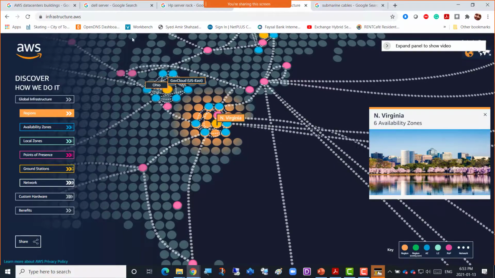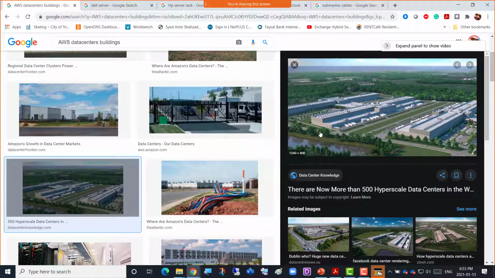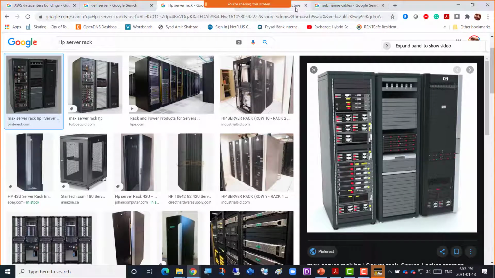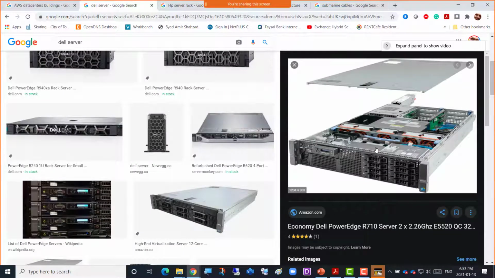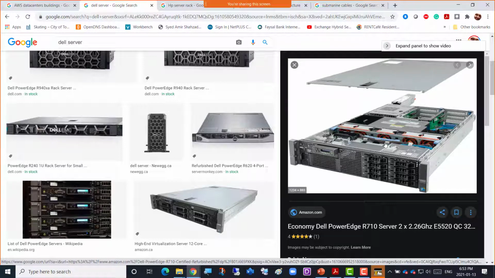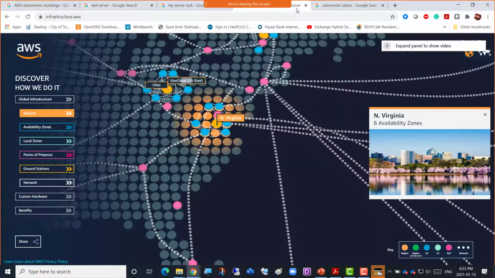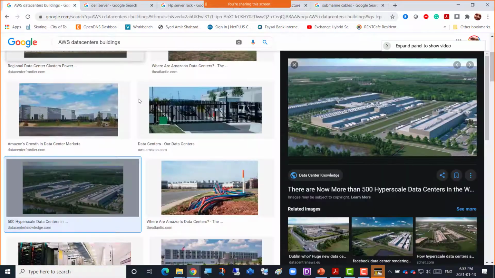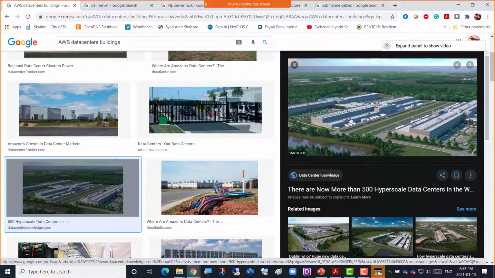Each data center holds 100,000 up to 300,000 servers. So each data center is also big, huge, right? That's why you can see the buildings. One data center looks like this, and there are maybe 86 or 100 or 120 data centers across the planet. So one data center holds up to 300,000 servers, right?